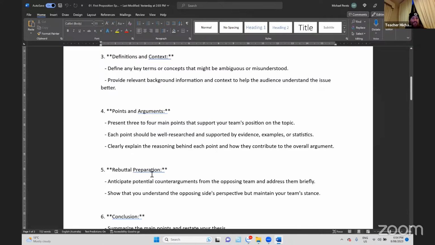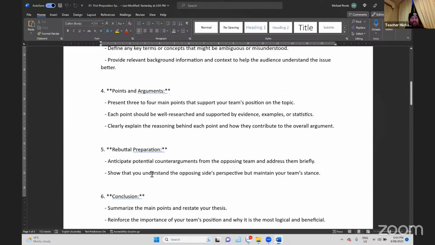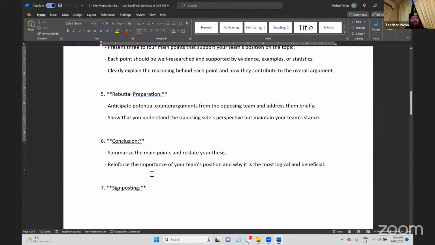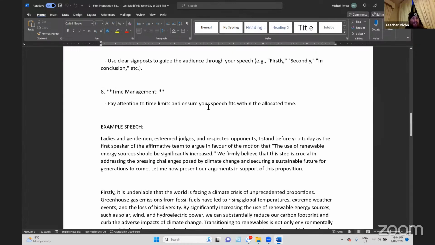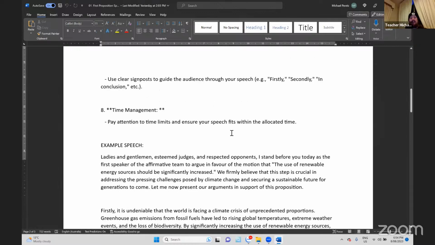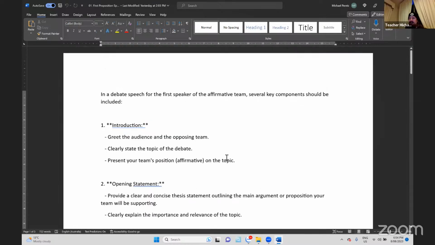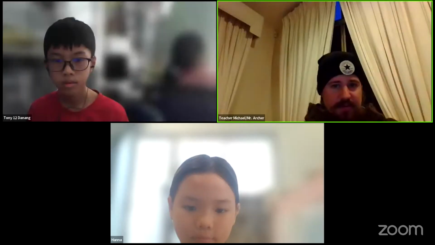And then I've also included an example of a good speech according to these guidelines that we've set out. So I'm going to pick a few students to read these speeches. So just before we begin,